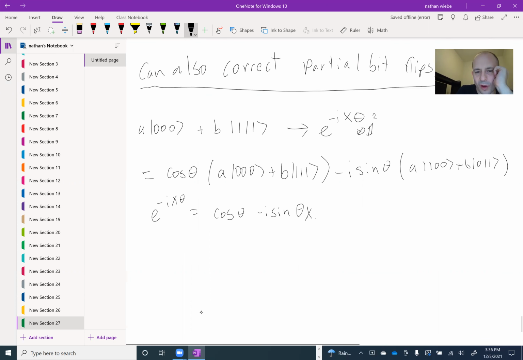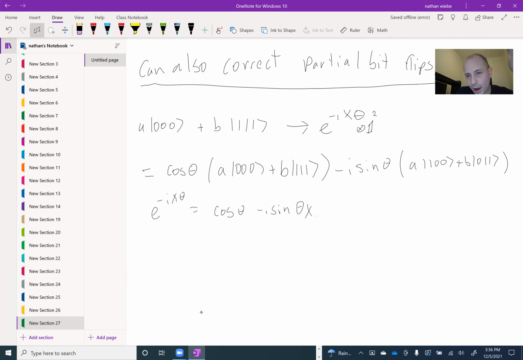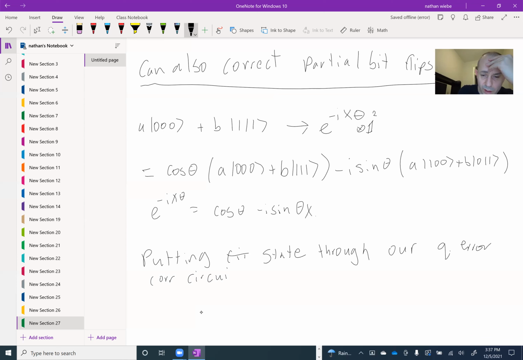So this is our particular quantum state. Now, what we'll do is put this state through our quantum error correction circuit,